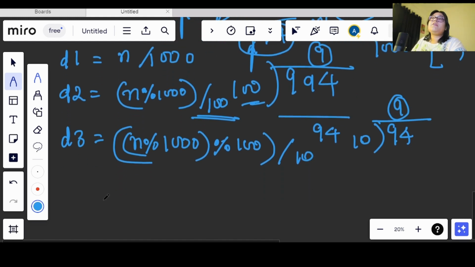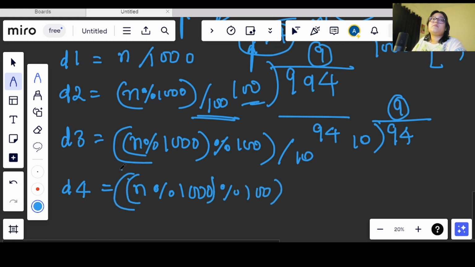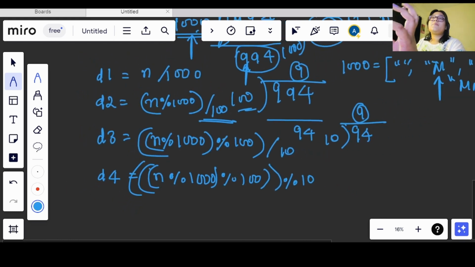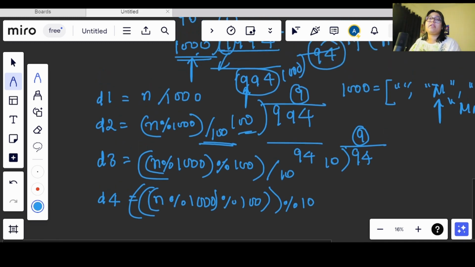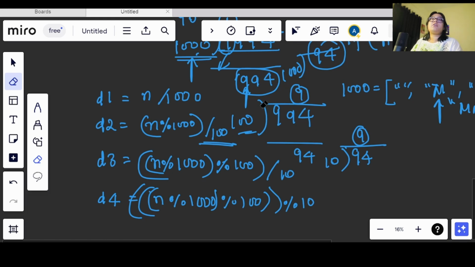And simply for the last digit, what we can do? We can take the mod, right? So what we can do here is, we will take this entire thing and we will take the mod of it, right? So we will take n mod 1000 mod 100 mod 10. Right, this is looking kind of clumsy, but once we are getting to know it, and we are trying to take an example and solve it, it will feel very easy. So now what I will do here is, I will remove this,